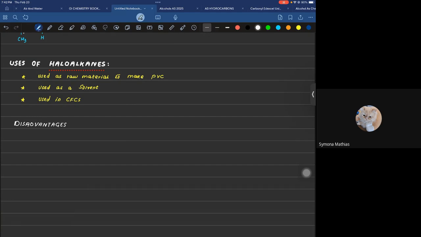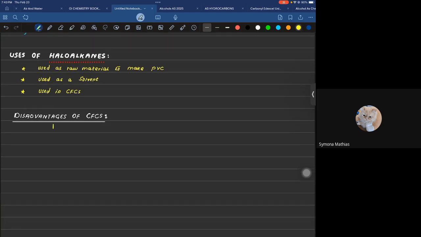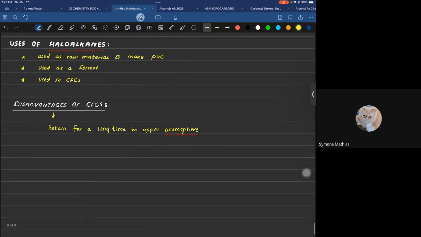Disadvantages of CFCs. नंबर वन के जो CFC होती है आपकी remain, or I can say retain for a long time in upper atmosphere, ओके. तो उससे क्या होगा कि इन ट्रोपोस्फेयर इसका जो बॉन्ड होता है वो बेसिकली ब्रेक